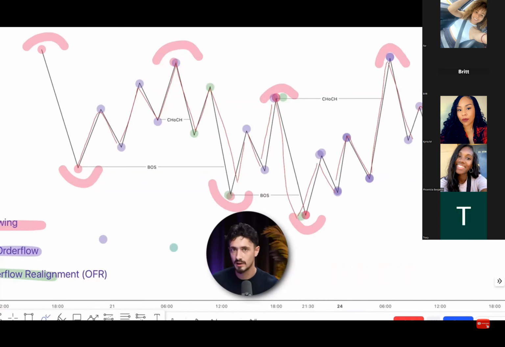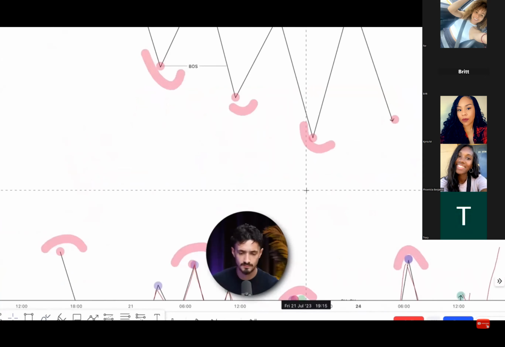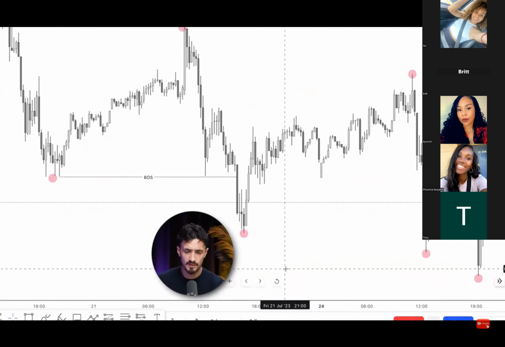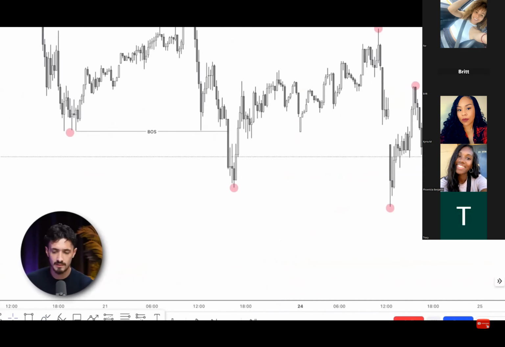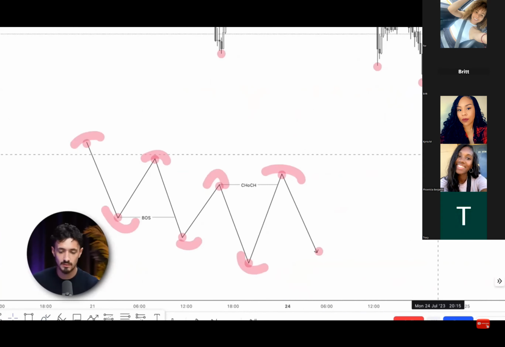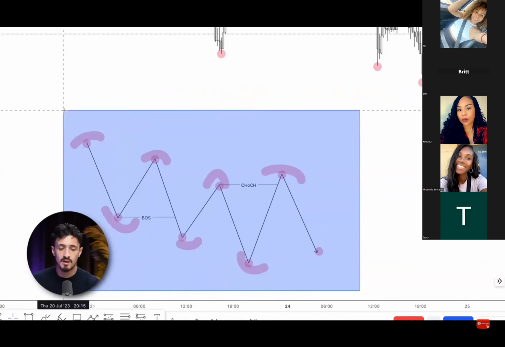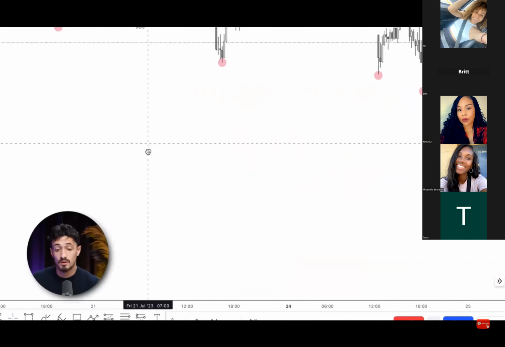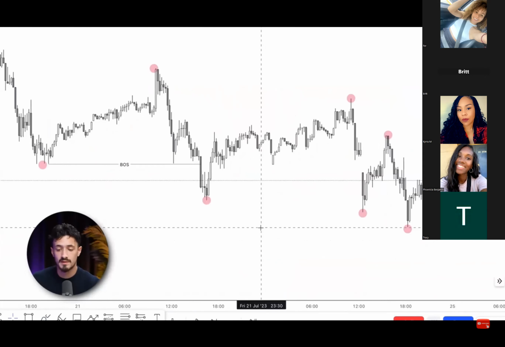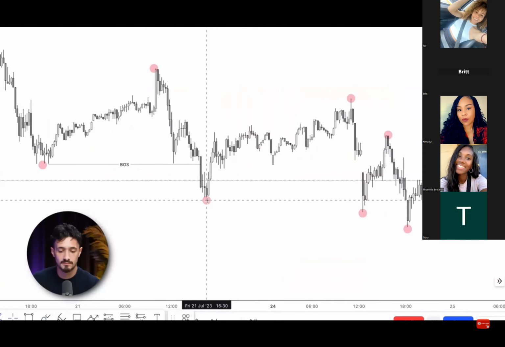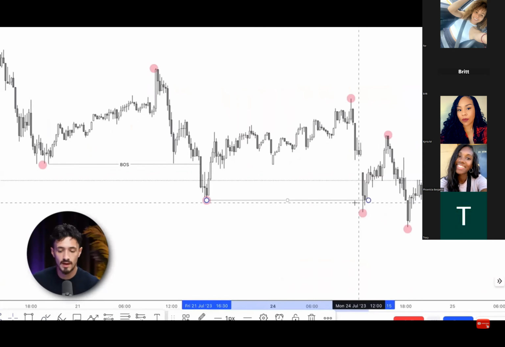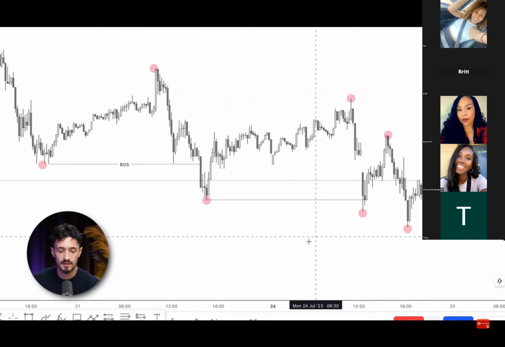Let's go and take a look at how we can apply this right now to a live chart and get into a profitable position. So pulling up, here we are on the 15-minute time frame, and we're doing it the exact way we do it inside of the Prosperity Academy in a circle. So we're on the 15-minute time frame, which is our main time frame. And essentially what we're looking at is